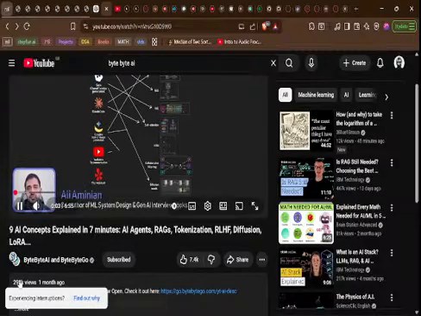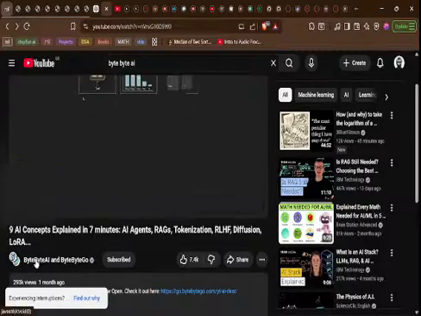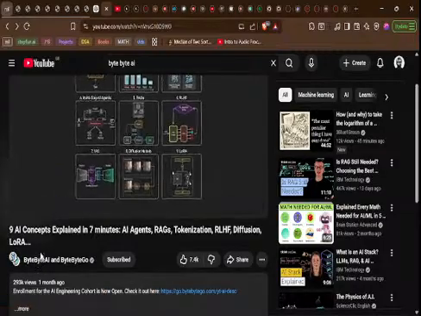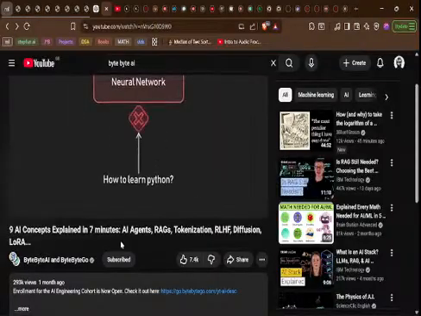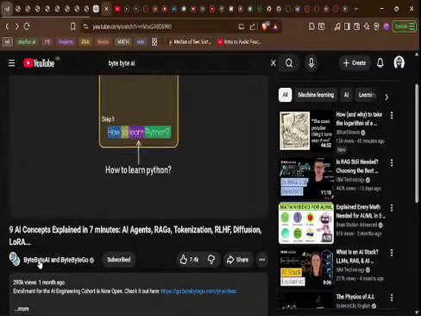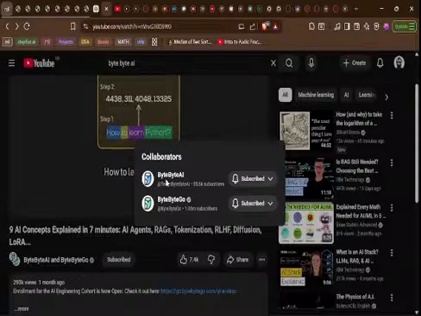Most modern AI products are built from the same set of core ideas. In the next 7 minutes, I'll walk through 9 concepts you will see repeatedly across real-world AI systems. 1. Tokenization. Neural networks like LLMs cannot work with raw text directly. A tokenizer breaks text into smaller units called tokens and maps each token to an integer ID, so the model can take the